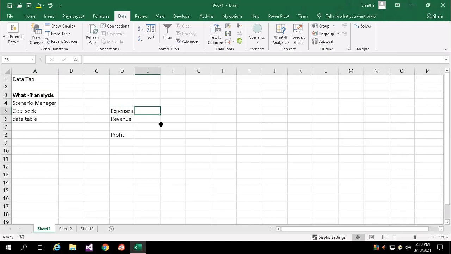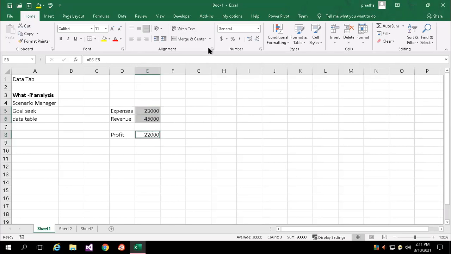So expenses amount will give some amount. So how much profit did I get? We'll be calculating revenue minus expenses. We assume these are all in dollar value.